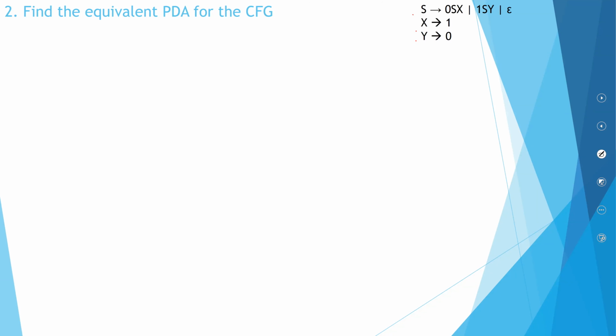Now, as you all know, there are only 2 steps. One is write for all production rules, and the next is write for all the pops. That's it. Okay. So, I start writing for each and every production rule. You have 3 production rules. As I told you, the initial would always be your empty stack. Q0 epsilon epsilon will be equal to Q0 epsilon, the initial.